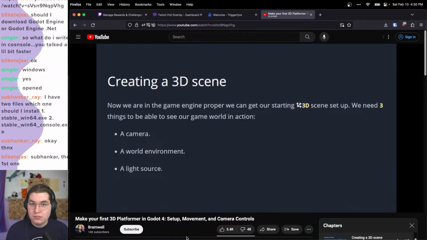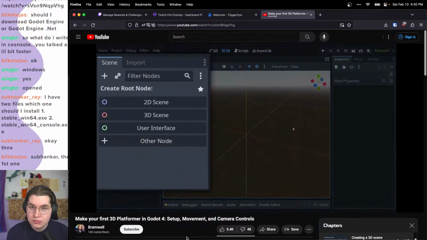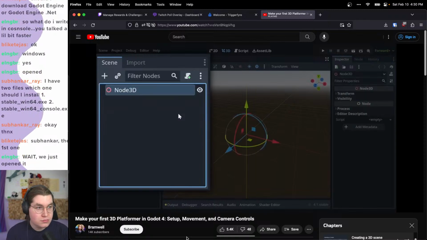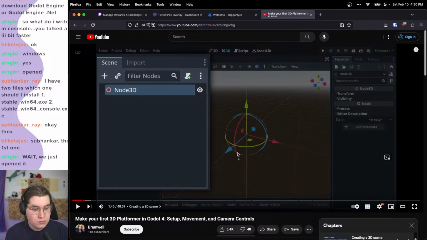Setup. We need three things to be able to see our game world in action: a camera, a world environment, and a light source. Create a new 3D scene by selecting the 3D scene option from the scene tree dock. This node 3D is the root of our scene, and we can add more